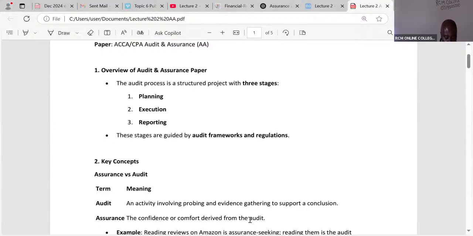Now, please, ladies and gentlemen, please listen to me very well. When, for example, you tell me to carry out an audit, I've been given this assignment by the shareholders of White Sands Hotel. Why, first of all, are they giving me this work as an independent practitioner? They're giving this work to SI CL, which is a registered audit firm that is independent, simply because, remember, the shareholders could be very many. The shareholders could be like 50,000, and all of them will not be able to move around the hotel to manage it. It will be chaotic management.